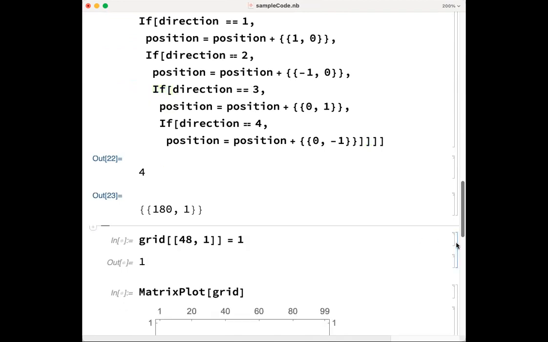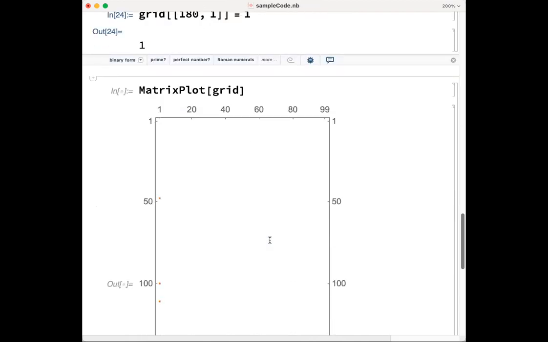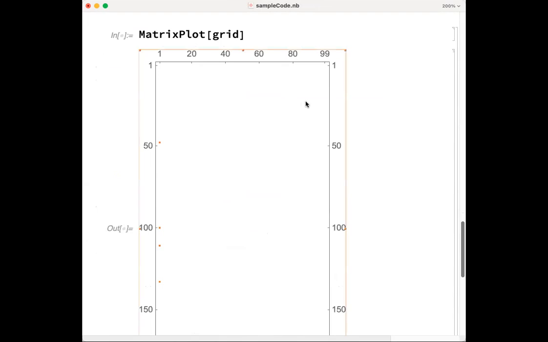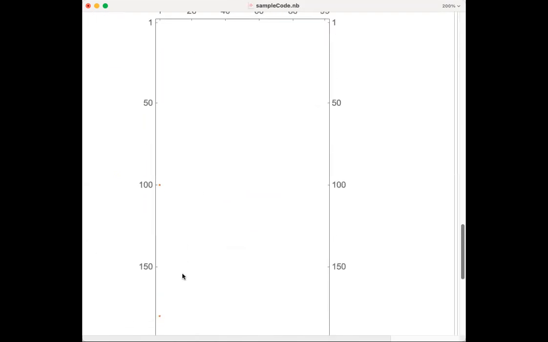So let me erase this because I don't need that one. So now I have to put here 180 and 1 because it's stuck to that one, right? So this is the new position, the new thing. And if I plot my grid at this point, I should have two particles. There's this one, the old one, and the new one. So those were the conditions that you now had to program into this thing with if loops, that if it touches this 1, which is kind of like our substrate,